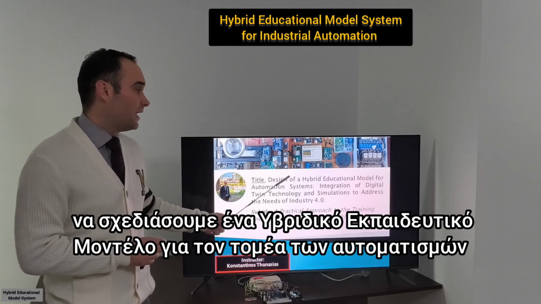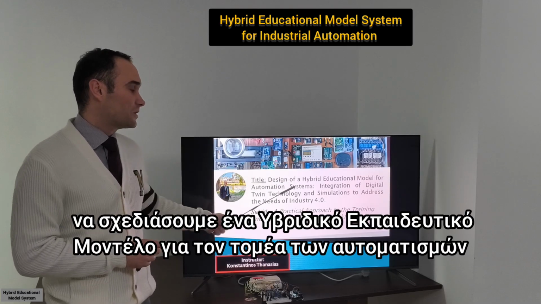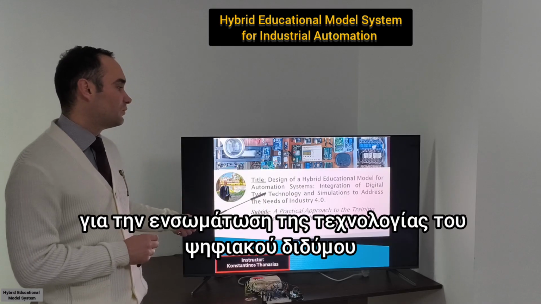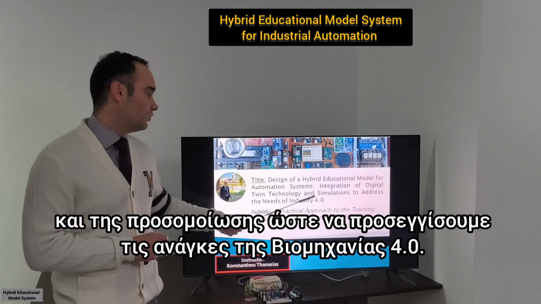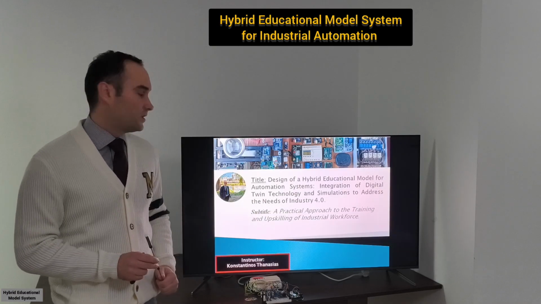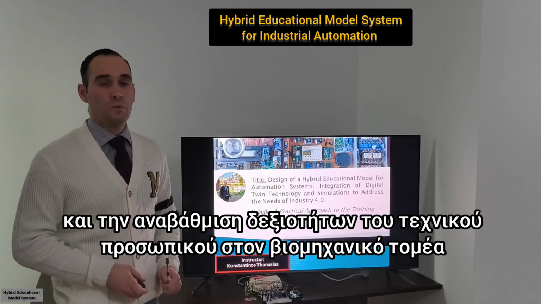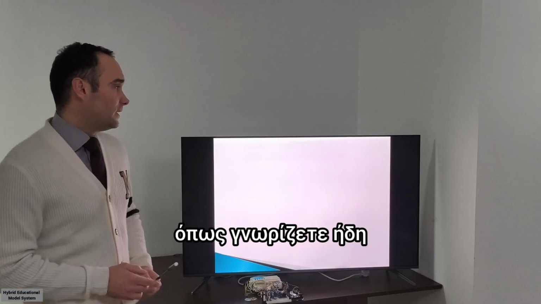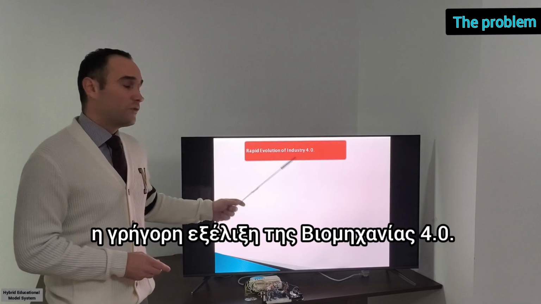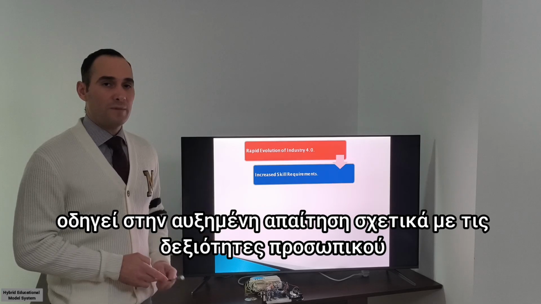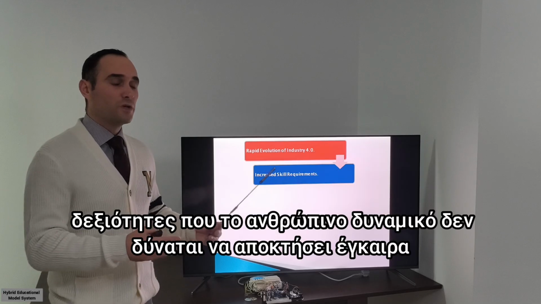To design a hybrid educational model for automation systems, and specifically we're going to speak about the integration of digital twin technology and simulations to address the needs of Industry 4.0. A practical approach to the training and upskilling of the industrial workforce. As you already know, the rapid evolution of Industry 4.0 leads to increased skill requirements that the workforce personnel couldn't meet.